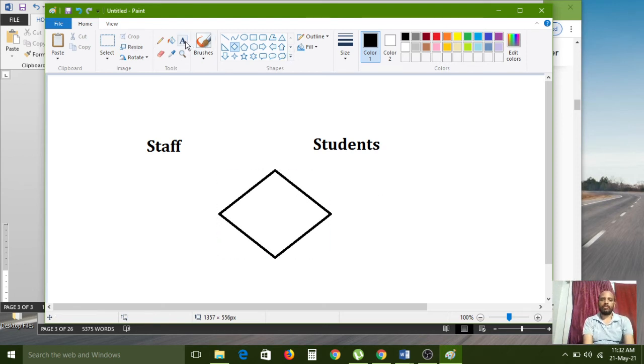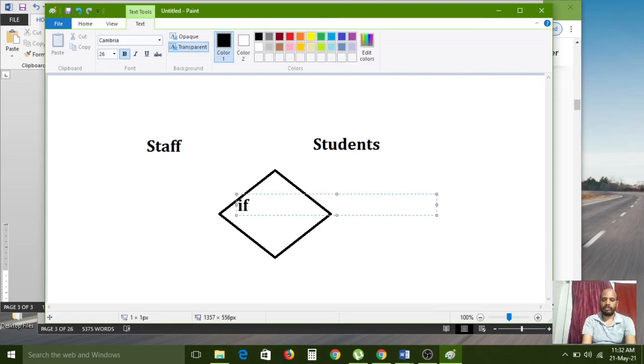Here I have to use the code like this: if input equal to students.